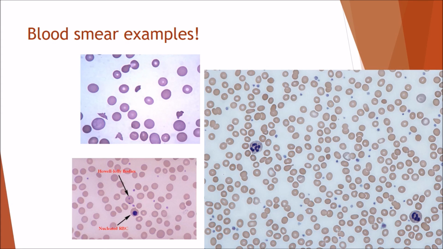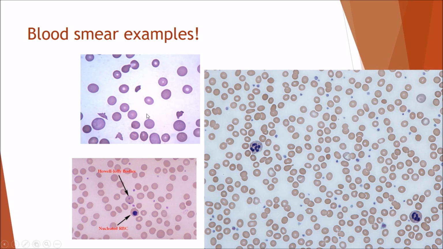And here are some more blood smear examples. So we're going to start off with this one here. What can you notice so far here? Okay, so some of the ones to point out: you can see some really irregular shaped red blood cells, so you can already tell that there's a type of anemia going on here. You can see a teardrop poikilocyte right here, and these really, really large red blood cells you can see here are macrocytes. So these are larger than usual red blood